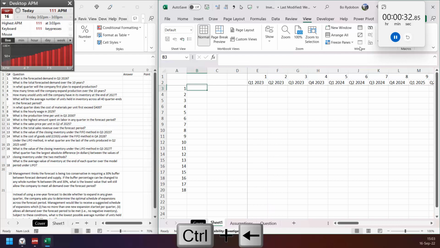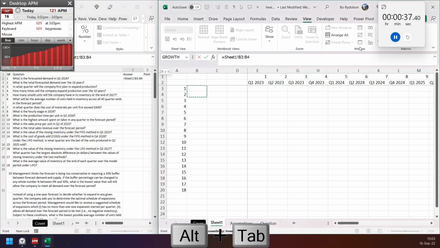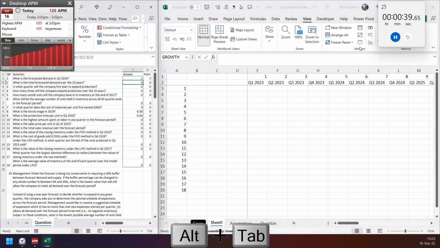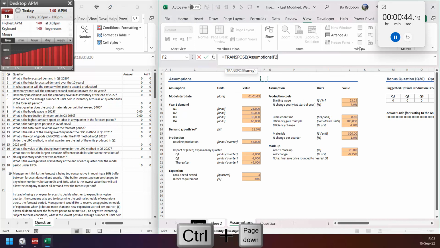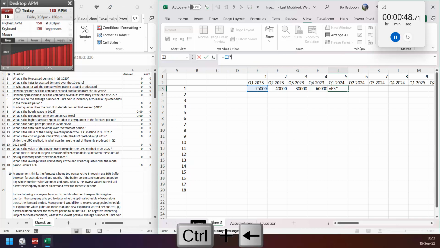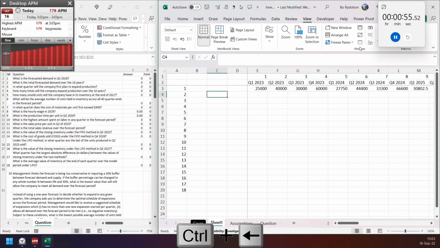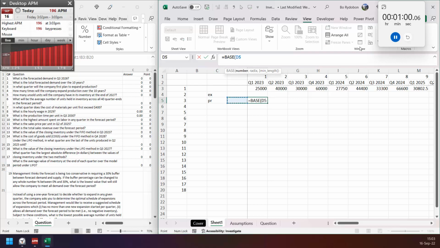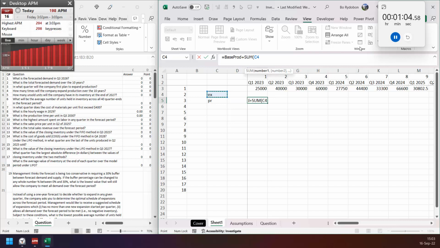Then just go back here. I want to link question sheet to answer, so it's equal to this 18 cell. Then start from demand, so transpose of year 1 demand, and then increase year over year, so just 1 plus 11% here, copy. Then this is expand, and then production is equal to base production, base prod, plus sum of